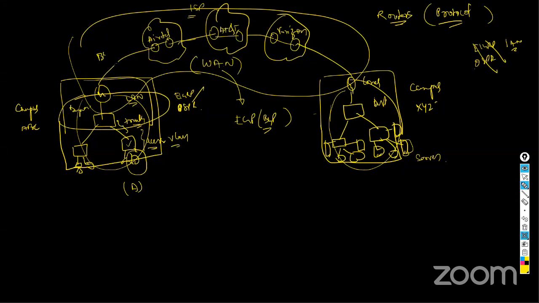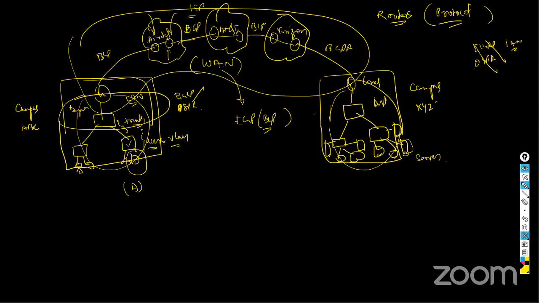So I'm going to have a BGP process here. I'm not going to have the BGP process in the provider network. It is the service providers who will have BGP between them. I will not have any access on their network. So they're going to have their own BGP. The network engineers who are working for an ISP like AT&T, Airtel, will have access to their routers and they will configure BGP. Okay, and these are all made up of BGP.